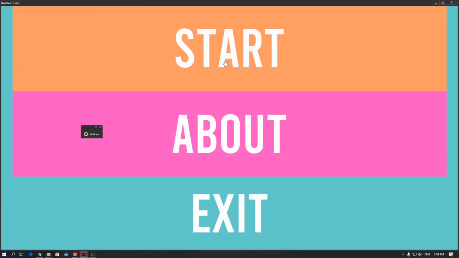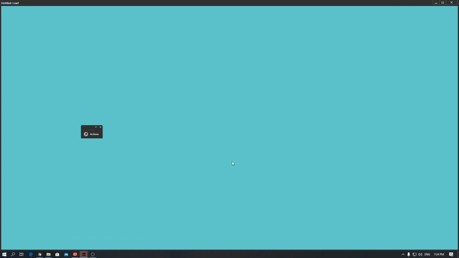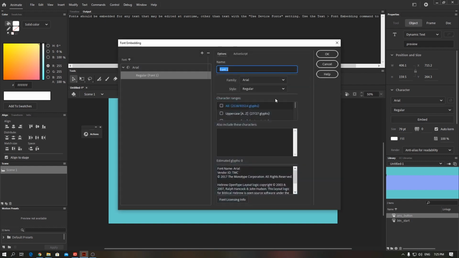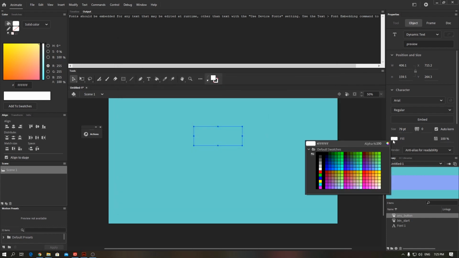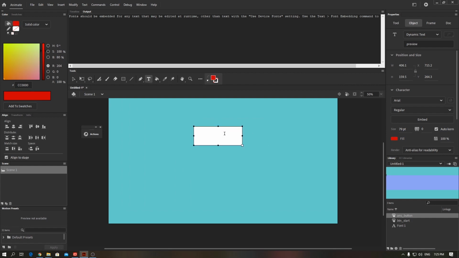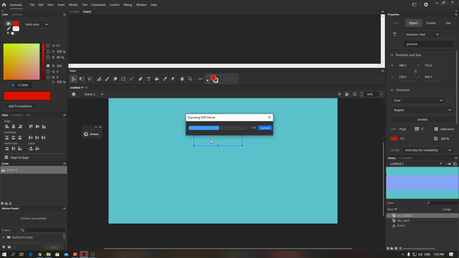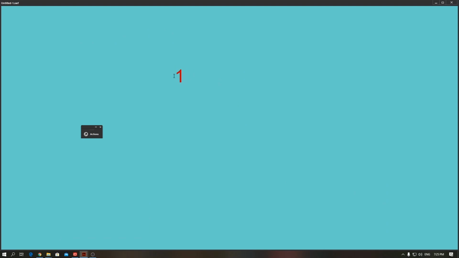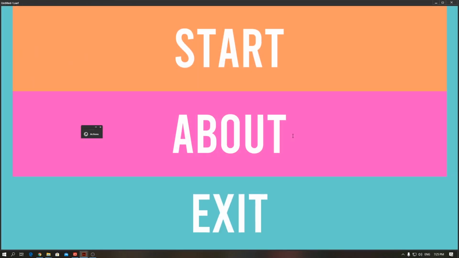And when I play, oops, the color, actually we need to put a color and make sure we embed the text, and change the color to red. So let's see. Alright, then when I play and choose blue, you get 1 because you clicked on the right answer. If I click on the wrong answer,